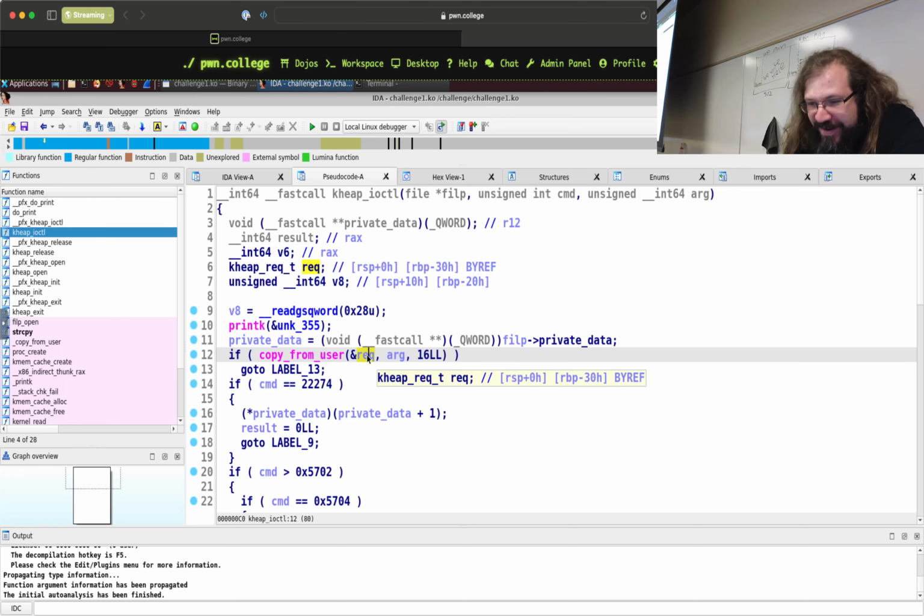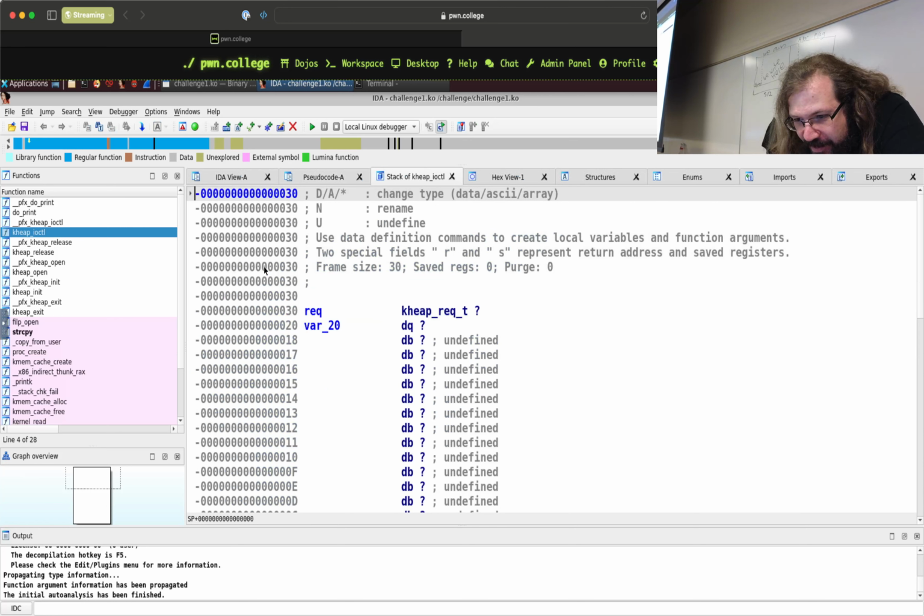What if we double click on K, heap, rec, T? Does that do anything? That brings us here. Something local. Oh, there, wait. You see this? It shows us that it's 16. Okay. 16. I'm sure we can create a struct there, but